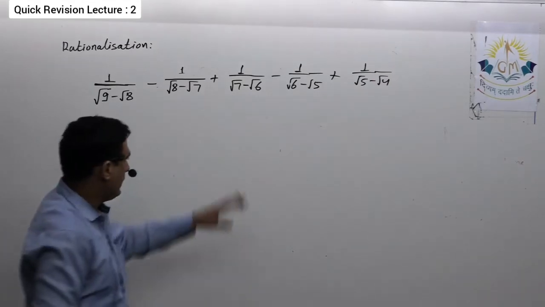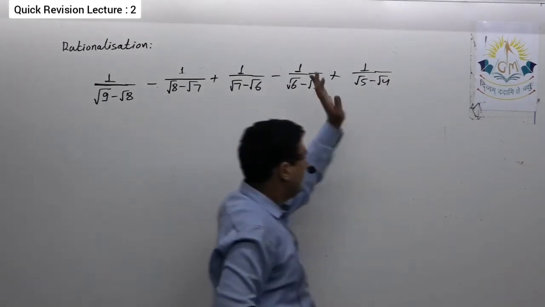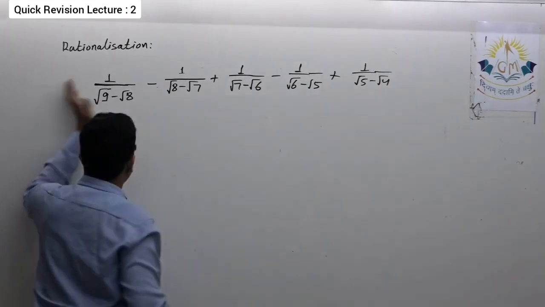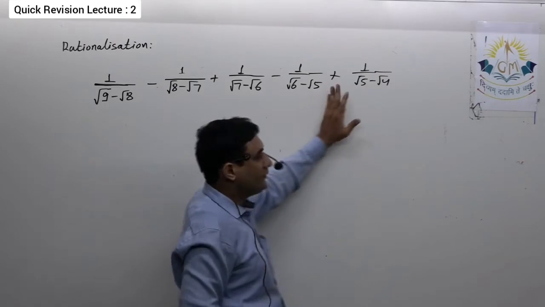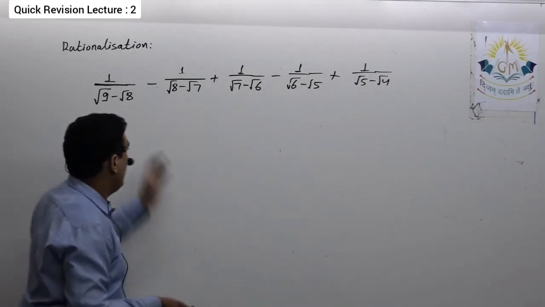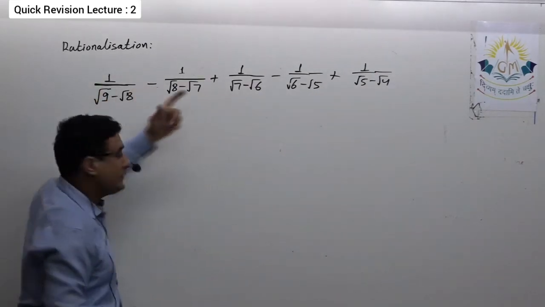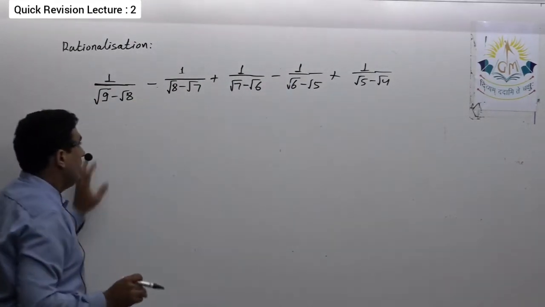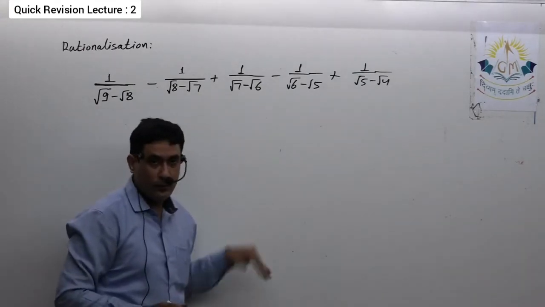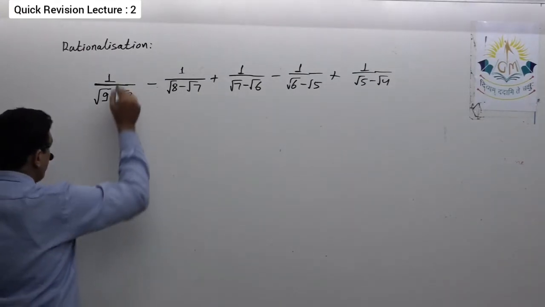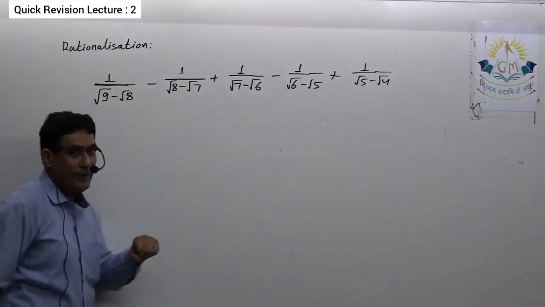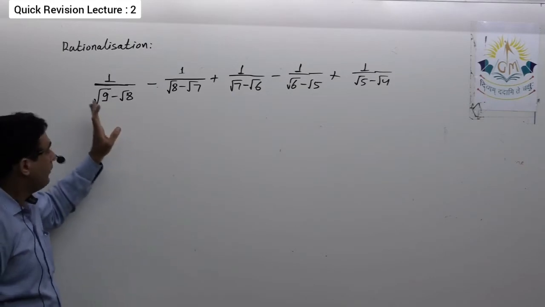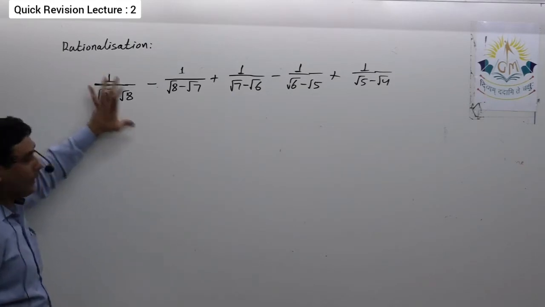So here I am considering up to this. It is quite possible that you will get some more terms over here. See, here the first term is positive, then negative, then positive, then negative, then positive. You might get a question in which these signs are in the opposite direction. That means the first one is negative, then positive, then negative, then positive, and so on. Definitely if you solve it in a complete manner, it will take time. But one thing should come to your mind: to simplify this or to get the value of this, we have to start by rationalizing.